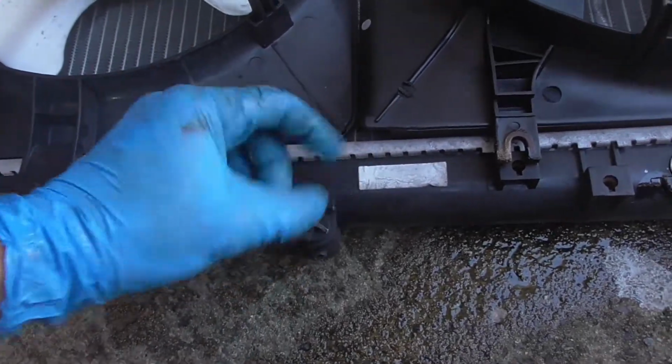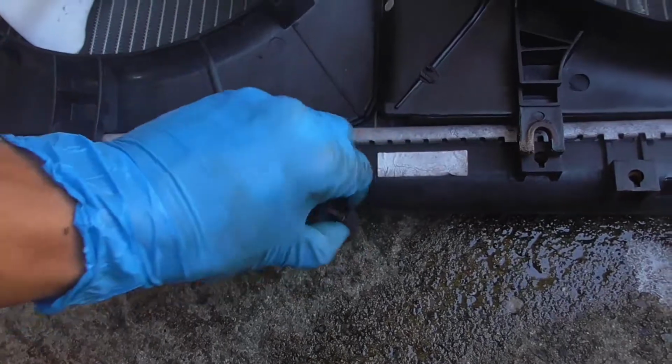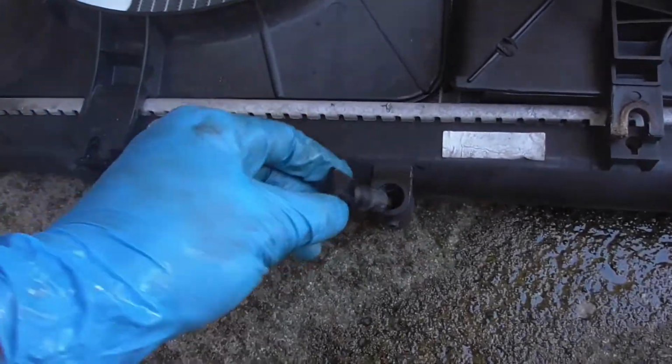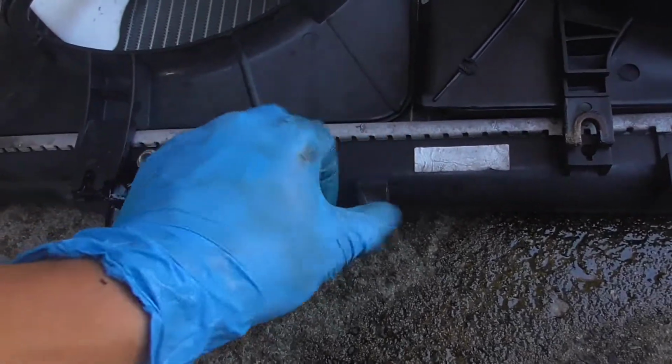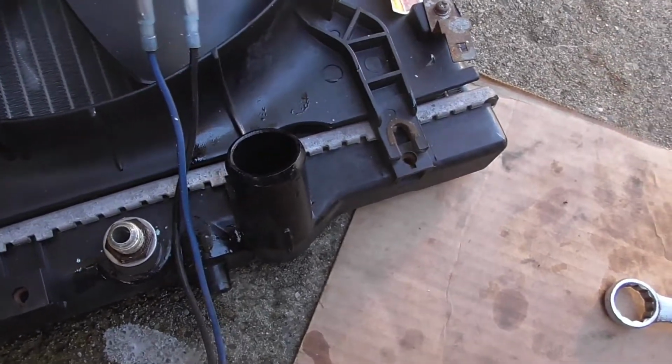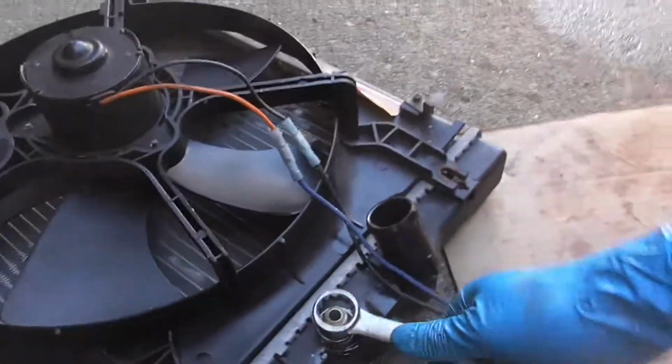This is actually where you're supposed to drain it, right here. So this is where you're supposed to drain your coolant. But since it's plastic, sometimes it gets stripped out, you know. But it's faster if you just drain it from the actual lower radiator hose. It's faster that way. But I'm going to try and